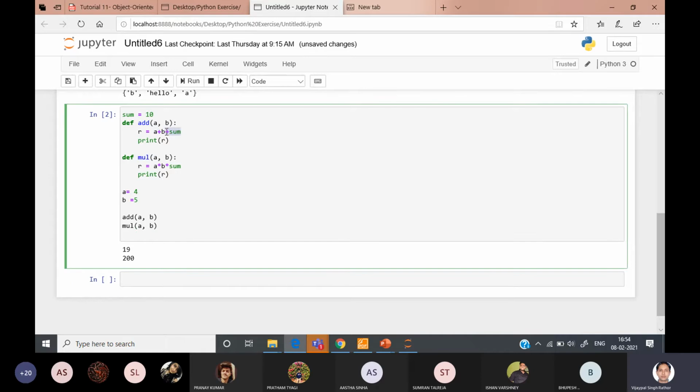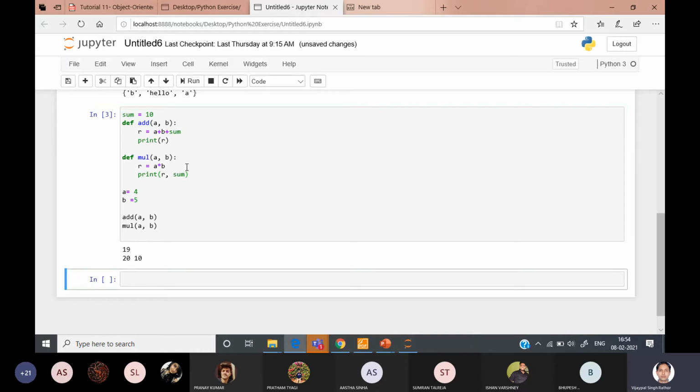But here you can see some variable I have added, but I don't want to use this sum variable here, or I want to restrict the access of this sum variable inside the multiplication function. It means if any programmer writes this sum inside this multiplication function, then the programmer will get an error. If a programmer forgot or incorrectly writes this sum inside the multiplication function, even if you use sum directly in the print function, then you will get an error. Here we are getting 10, there we are not getting an error.